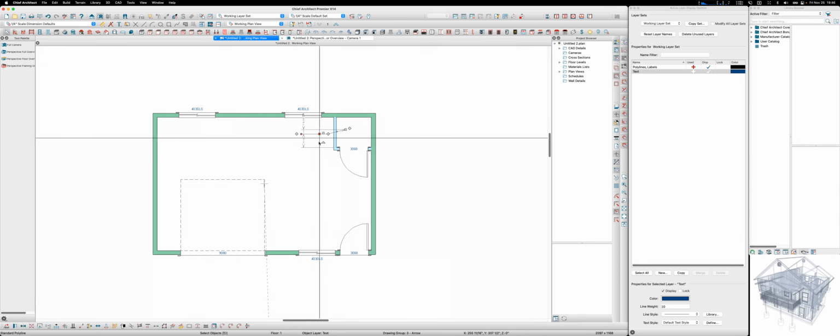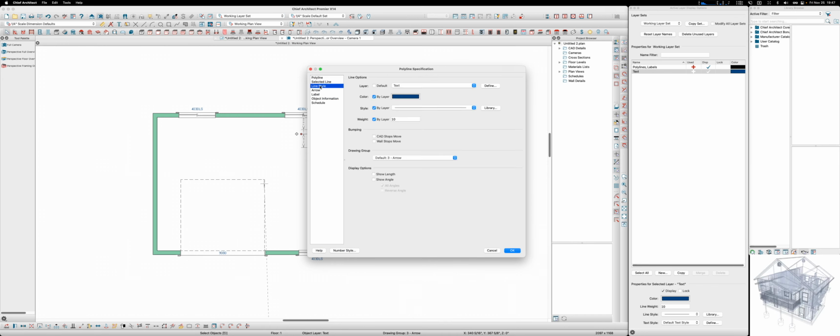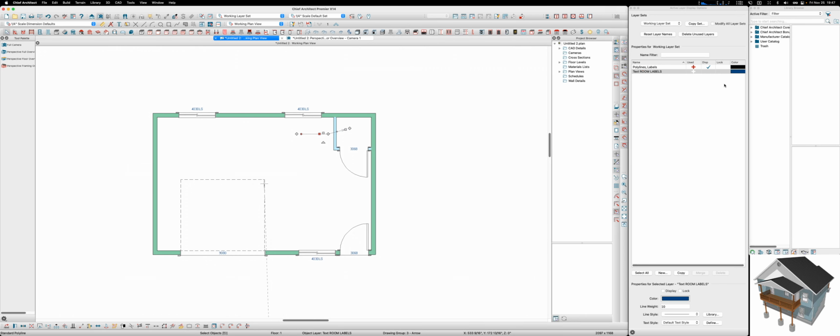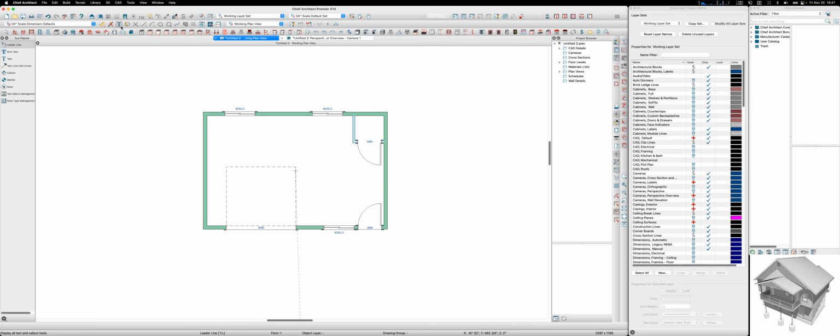And this also probably needs to go on that same one. What is this? Is this CAD? No, it's text. So we're going to double O, line styles where that hides. Come here, pick room labels, hit OK. OK. Boom. So now when I write other text,